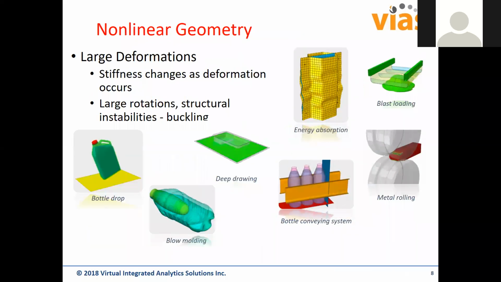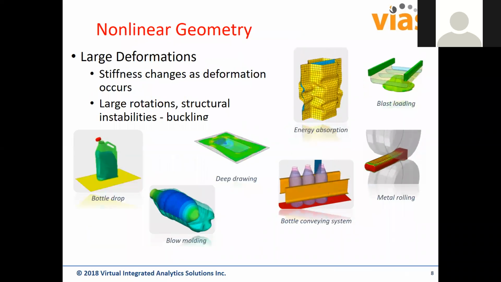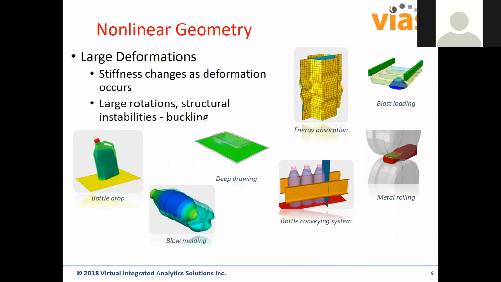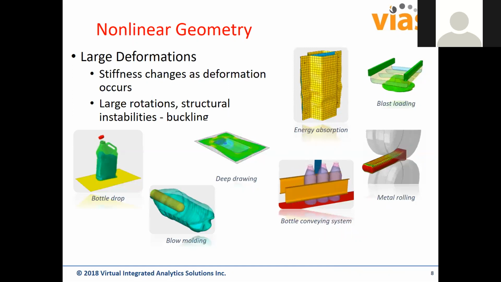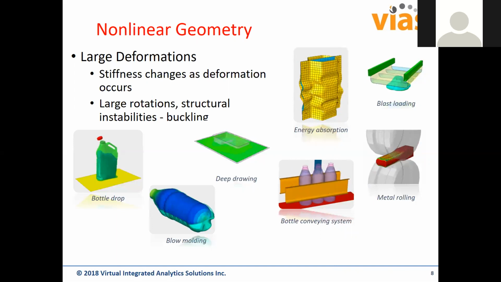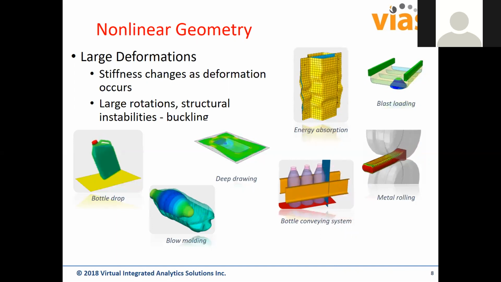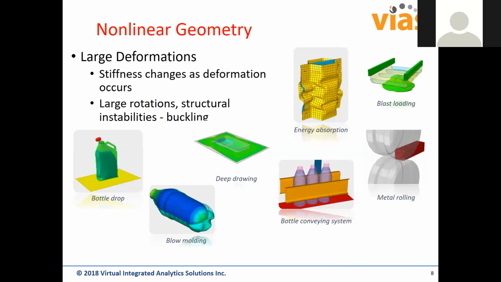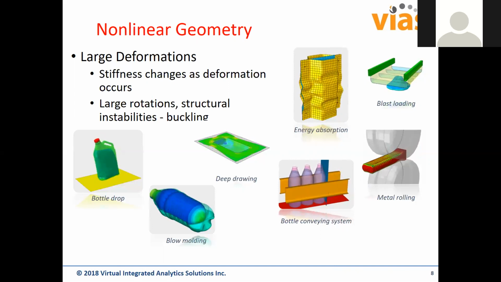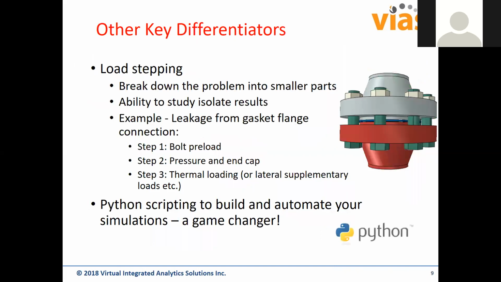Moving on to the final nonlinearity that we see, that of large deformation. A geometric nonlinearity is one in which the structure's stiffness changes as it deforms, and we see that quite a bit in slender structures. Shown here are some simplistic examples that many of you are familiar with. One of the other key differentiators that we see with Abaqus, and which I personally have found to be quite